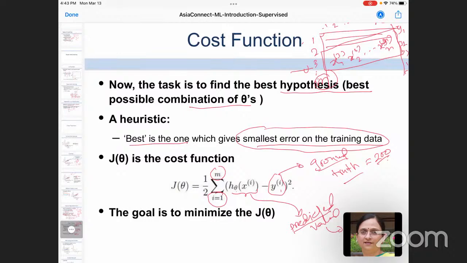Yeah, so there is one question in our chat box. So what is ground truth? Ground truth means the label data that you have. For example, you have some house price data already in your hand. So there are some previous examples you have. So this is the living area and this is the price of the house. So this is the ground truth. This is the real world data that you have collected from the past. Okay. So this is the ground truth and you will predict for the future. So this is the task of your model.